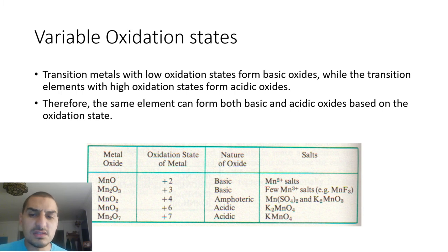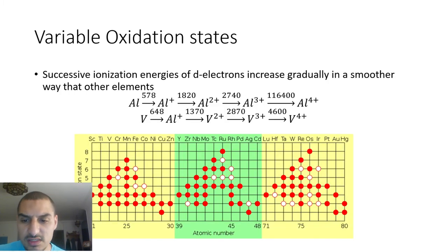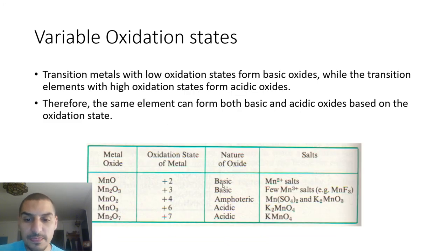So, for instance, when we form an oxide of the transition elements, let's give manganese as an example because it has a wide range of oxidation states. So we here see that it can form MnO, which is manganese 2 plus, Mn2O3, 3 plus, MnO2, which is 4 plus, then 6 plus and 7 plus. When the oxidation state is low, like for these two cases, 2 and 3, the oxide is basic. That's why